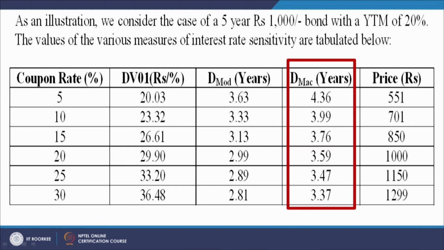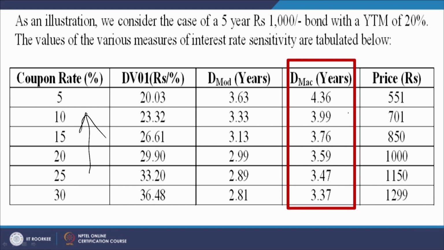If the coupon rate is 10%, DMAC turns out to be 3.99 years, and if it is 15%, 3.76 years, and if the coupon rate is 30%, DMAC turns out to be 3.37 years. So, it is clearly seen that as the coupon rate increases,